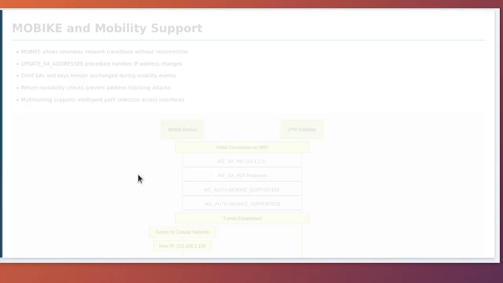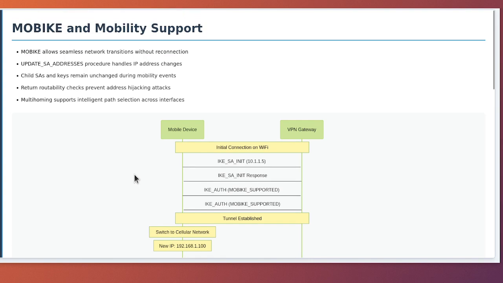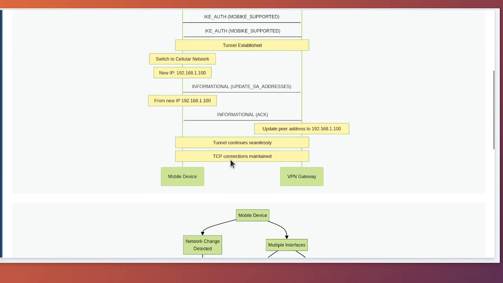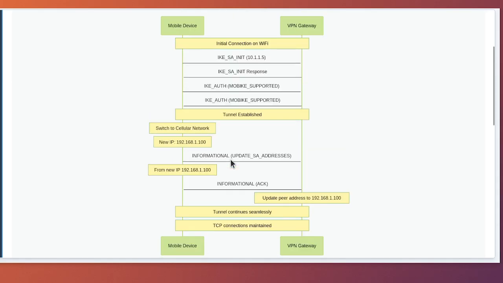MOBIKE and mobility support. Modern users are mobile, frequently switching between Wi-Fi networks, cellular connections, or wired Ethernet. Traditional VPN protocols required complete reconnection when the network interface changed, disrupting active sessions. IKEv2's MOBIKE extension, which stands for Mobility and Multihoming Protocol, elegantly solves this problem by allowing seamless network transitions while